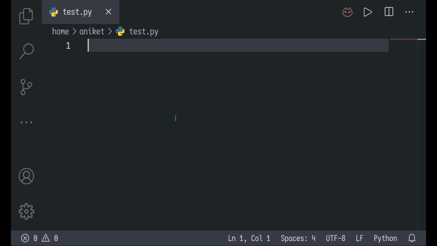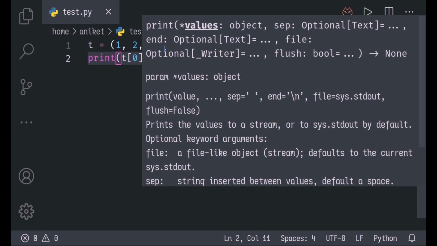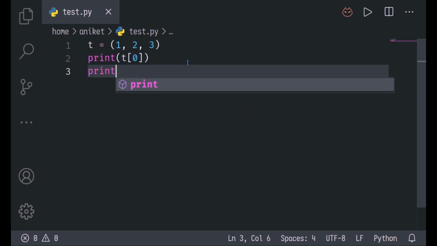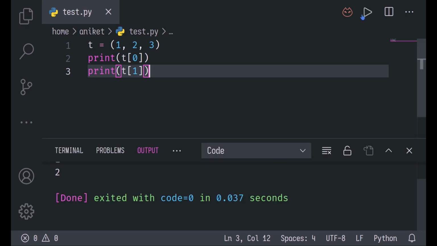Now tuples are very similar to lists, so at first glance they might look almost the same. However, there is a major difference. So let me show that with an example. First of all, tuples can be created using parentheses, and just like lists, you separate the elements with commas, and you can access the elements of a tuple using the same syntax as a list. So the numbering starts from 0 and goes on until the length of the tuple minus 1, as is usual in the case of lists,